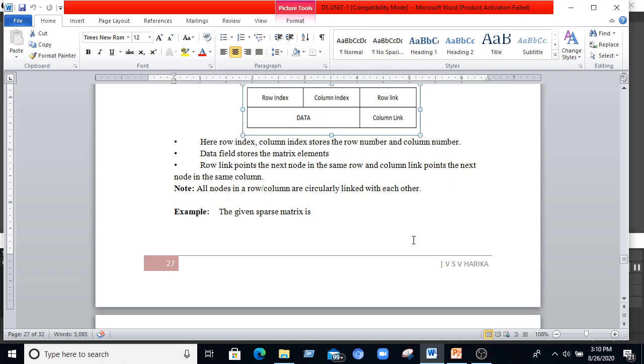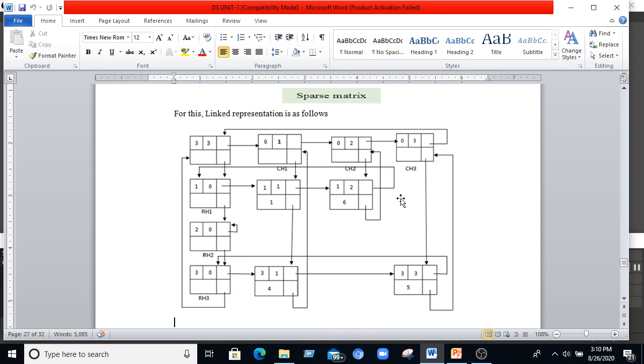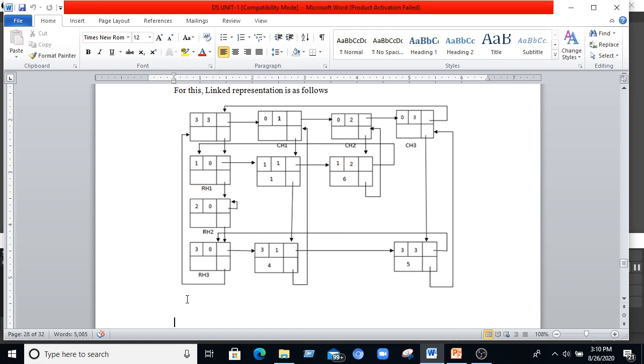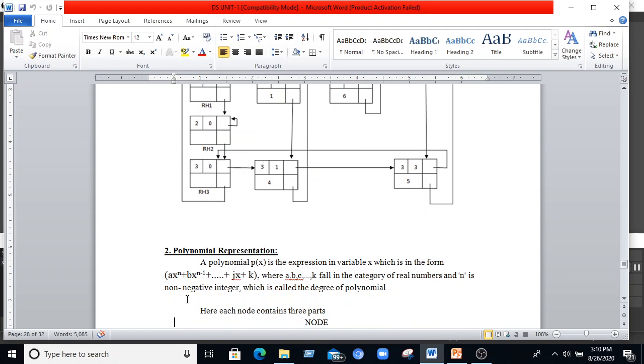Here there will be a data part as well. In this way, all the nodes in a row and column are circularly linked with each other like this. This is the example of a sparse matrix using linked list representation. This is the circular linked list example.